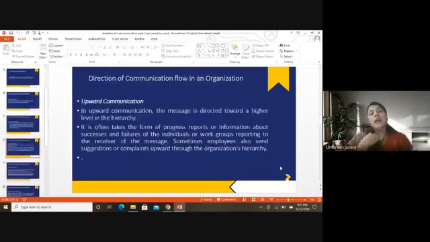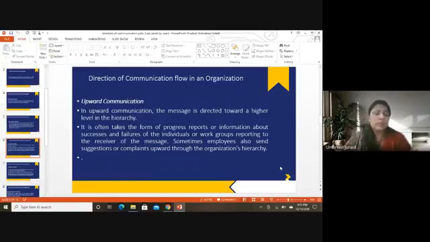So the next is upward communication. In upward communication, the message is directed towards a higher level in the hierarchy. It often takes the form of progress reports or information about successes and failures of the individuals or work groups reporting to the receiver of the message. Sometimes employees also send suggestions or complaints upward through the organization's hierarchy. Again, hierarchy is very important. If you want to send a message